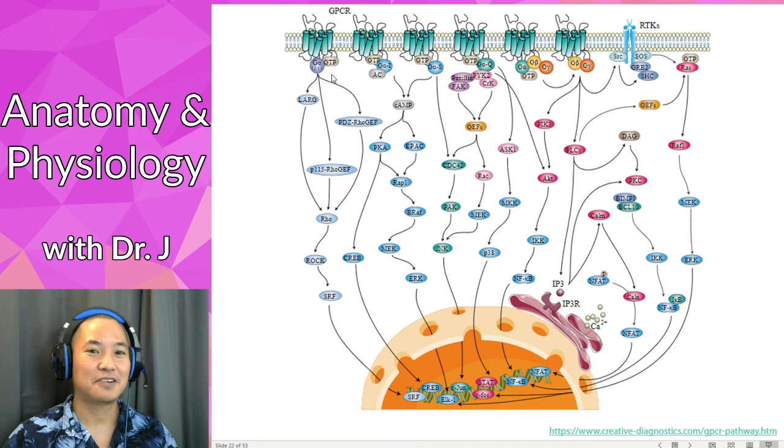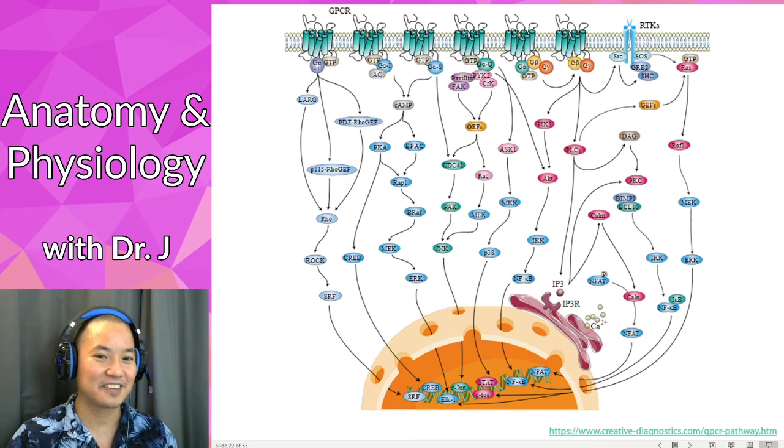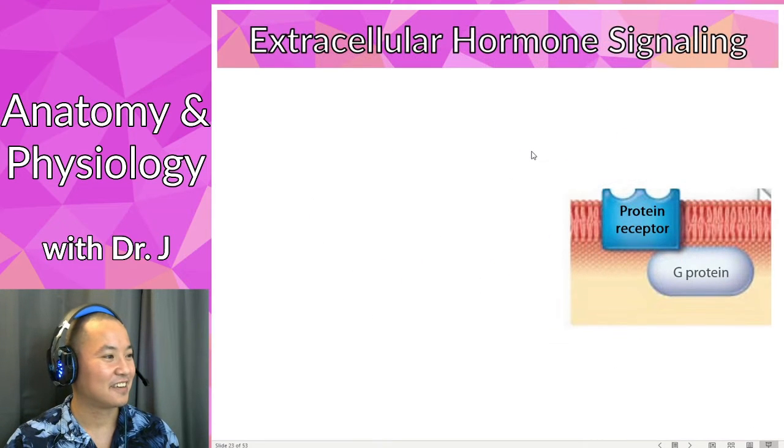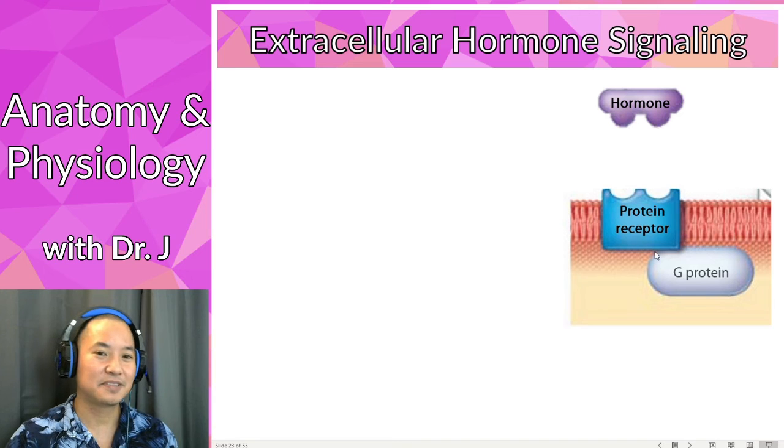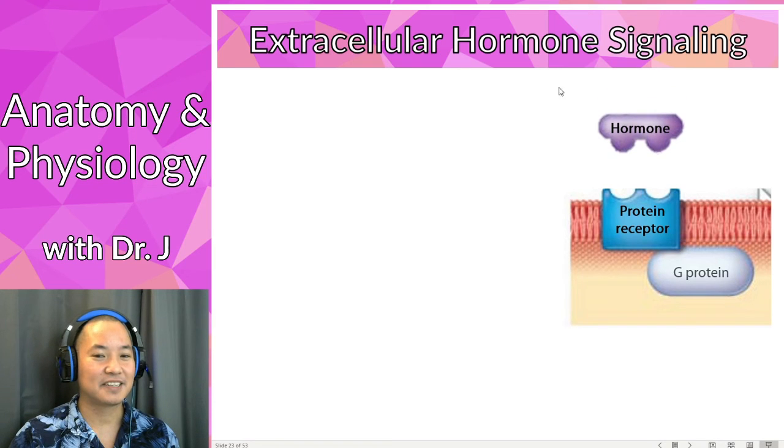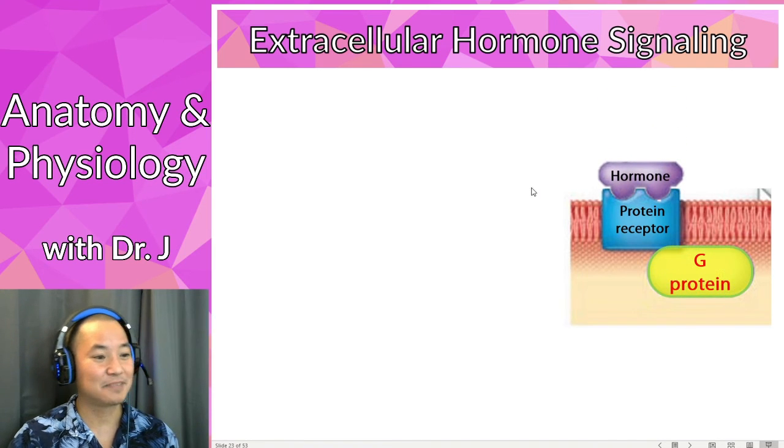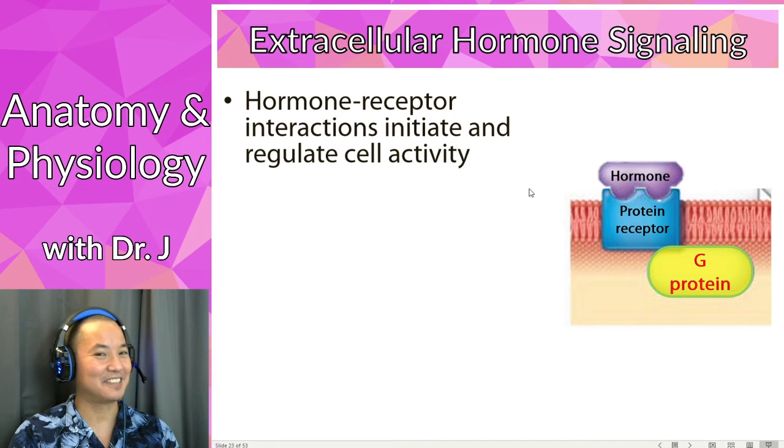Now, what I want you to know is that hormones can bind to protein receptors on the outside of the cell, and that causes all these changes. So what are the changes? These are the changes, and this is only a snapshot of the changes that can happen in response to a hormone binding to a receptor. All right, so this is what I want you to focus on. For water-soluble hormones, the protein receptors tend to face the outside. Hormone binds to receptor, that activates G proteins. That's what I want you to know at this level.